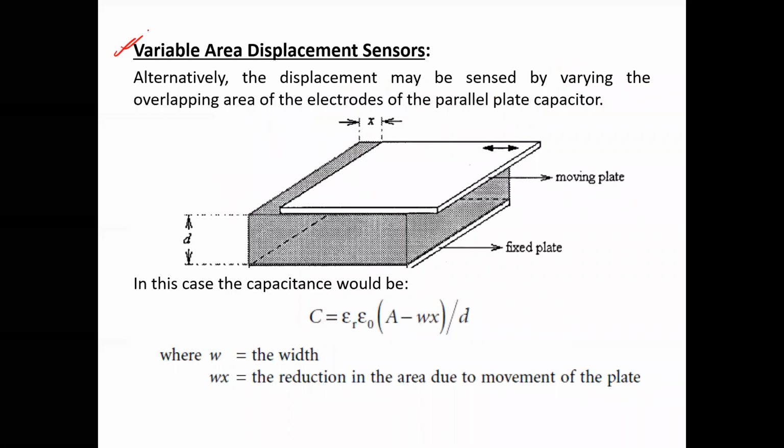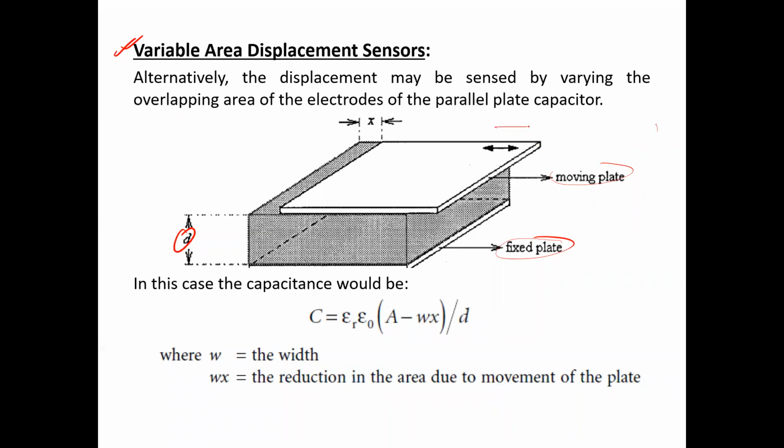The other type of capacitive transducer may be formed by varying the overlapping area between the two plates, the upper plate and the lower plate. For that, it has to be considered that the permittivity of the dielectric material will remain constant, and also the distance between the two plates will remain constant, but there will be change only in the overlapping area. So if the bottom plate is considered to be the fixed plate and the upper plate is considered to be the moving plate, now instead of vertical